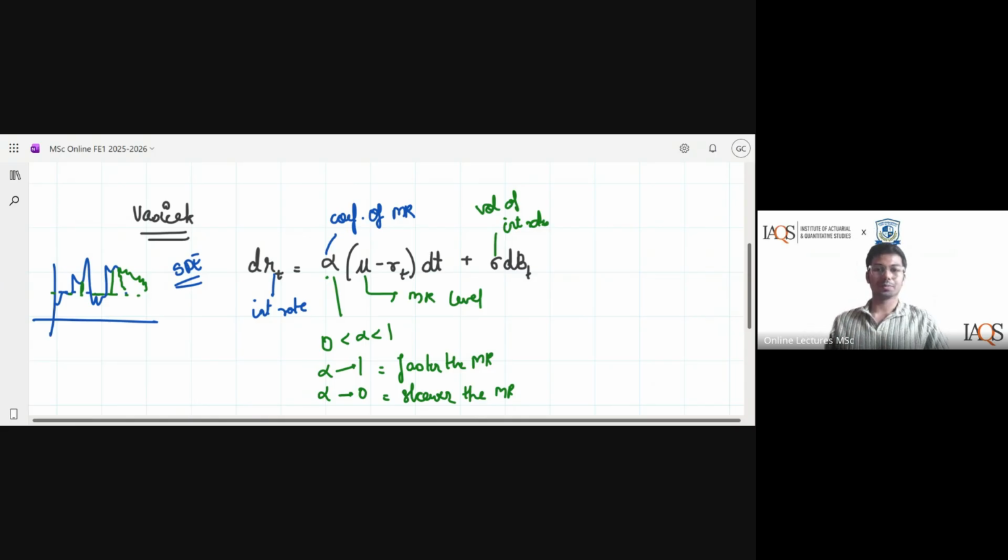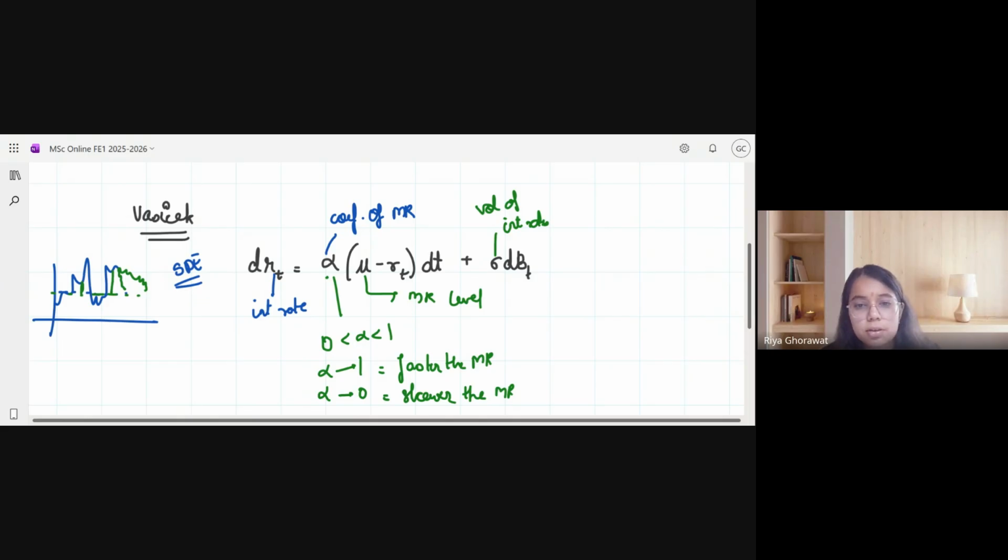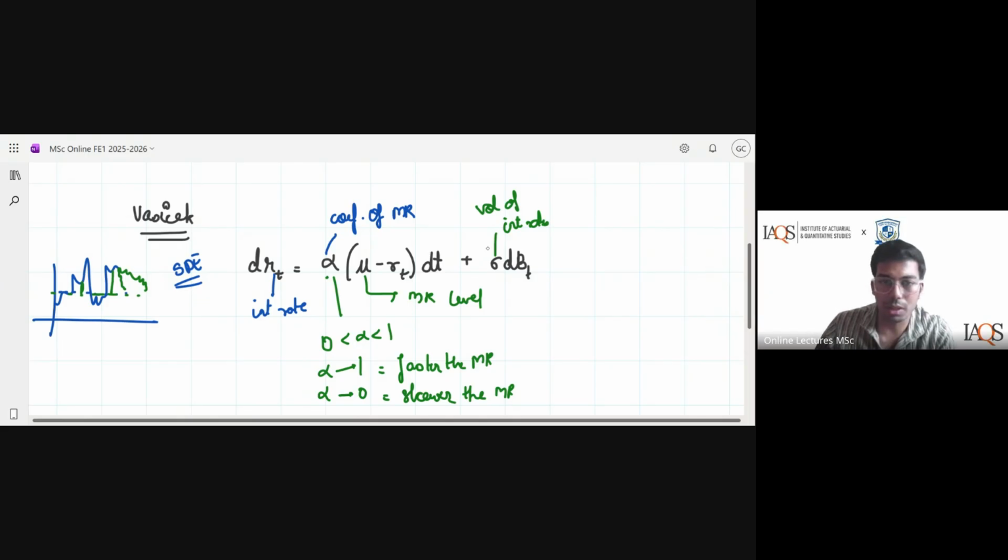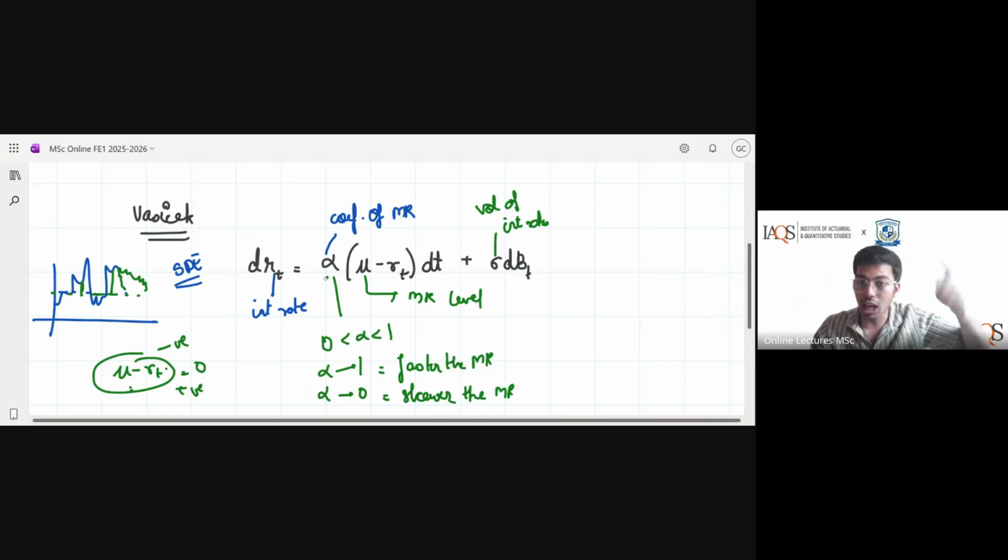Yeah, go ahead. Why are we subtracting Rt? So mu is the mean, but mu minus Rt represents how far from my mean reversion level I am. If I am at the mean reversion level, this will be 0. If I'm above the mean reversion level, this is going to be negative because Rt is higher than mu. If I'm below the mean reversion level, this is going to be positive. And as a magnitude, this defines how far I am. I'm multiplying this by alpha, which is how speedily I am going to come back towards zero. That is how it logically represents.